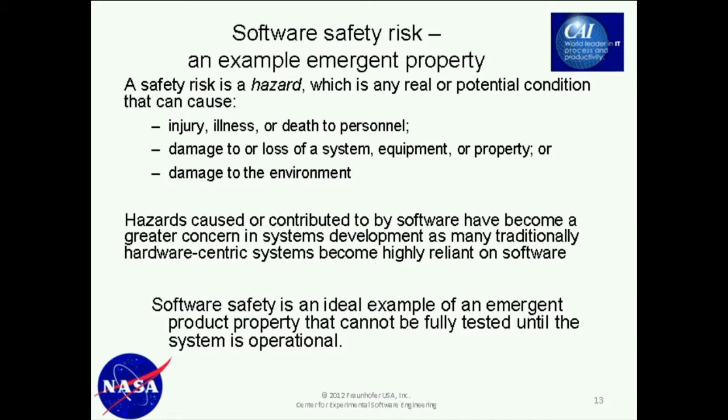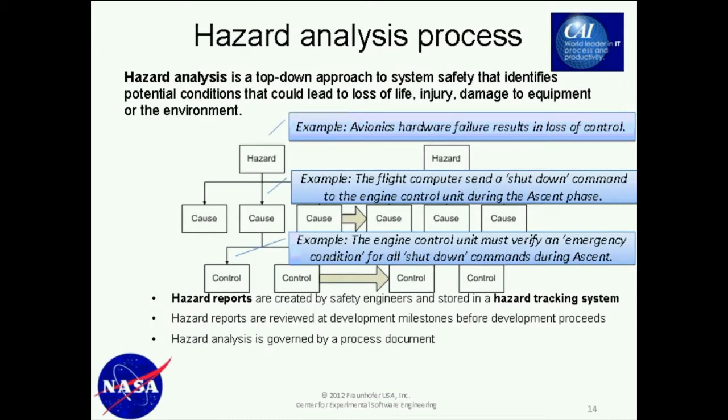First of all, do the people who are doing it believe it? That's the first question. And the second question is, how do they deal with that issue? Because mostly what people have dealt with when they talk about safety has been hardware, certainly within the NASA environment. Software safety is an ideal example of an emergent property that can't be fully tested until the system is operational. So it makes a great example for us. If we look at what a hazard analysis process